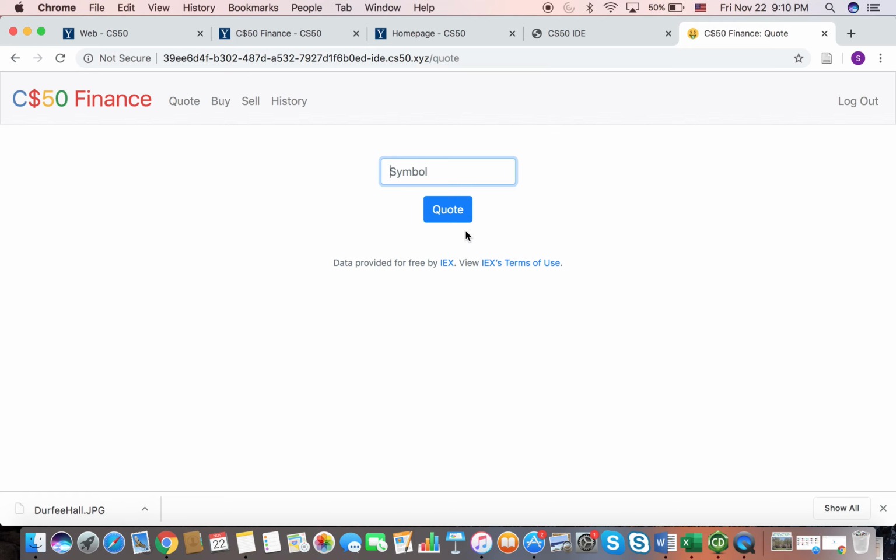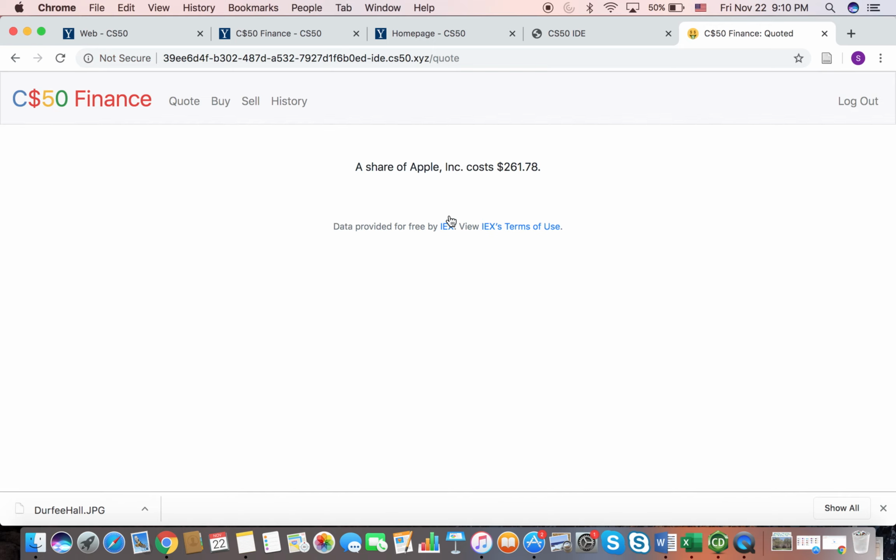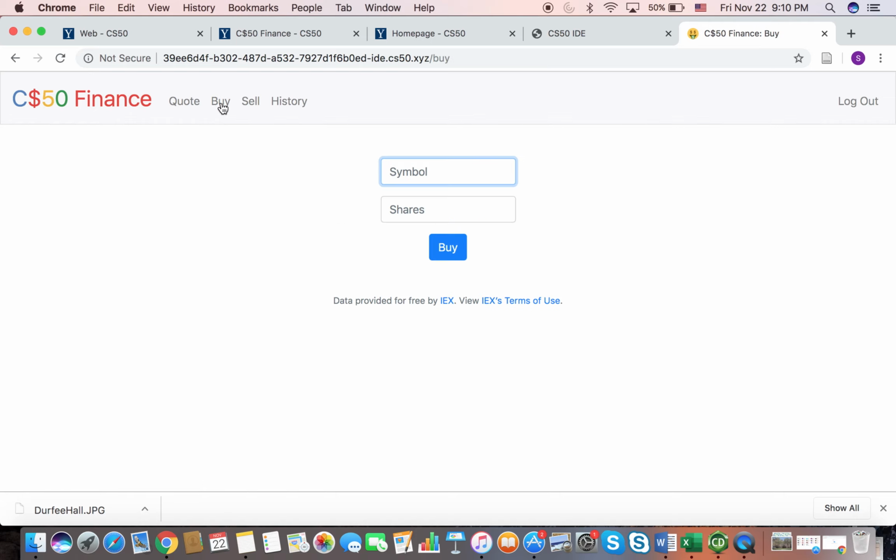I'll type in the symbol of the stock I'm interested in. Let's say Apple, AAPL. After I submit the form by clicking on Quote, I'm directed to a new page that tells me the current price of one Apple stock. Now that I know the price of the stock, I'll click on the Buy tab to buy some shares of